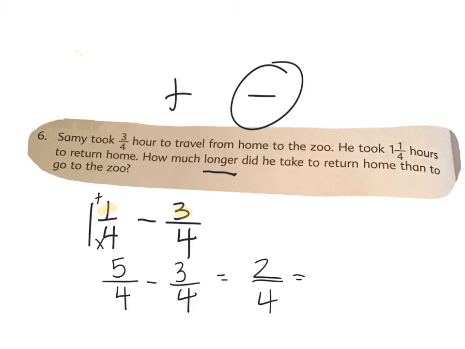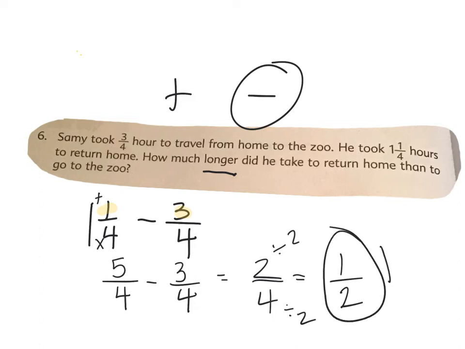Many of you are saying, but Mrs. Burr, you can't end there because they are both divisible by 2, and you are right. 2/4 is the same as 1/2. So how much longer did it take to return home than go to the zoo? 1/2 hour. And that's important too, to always put